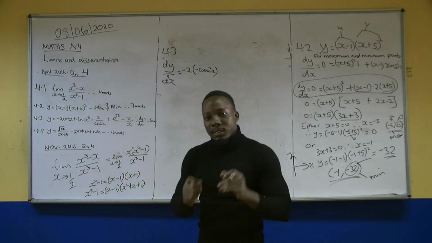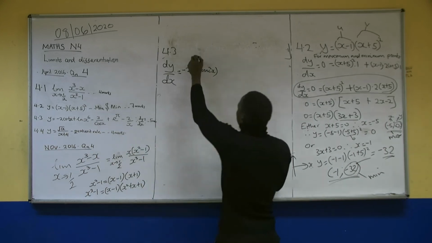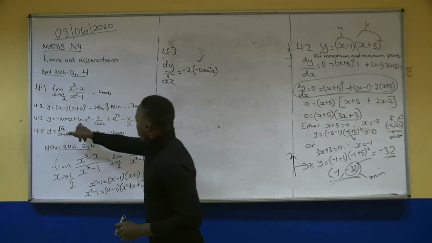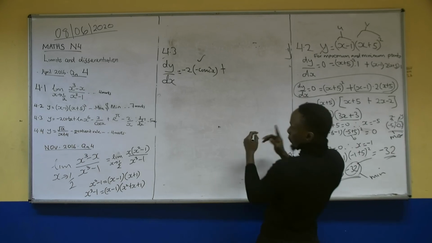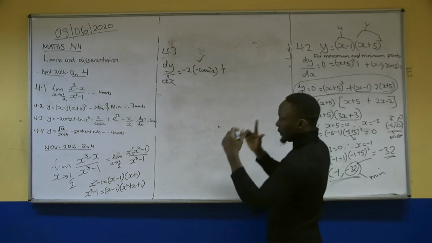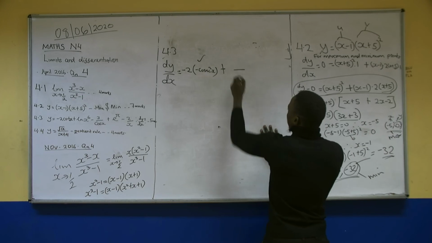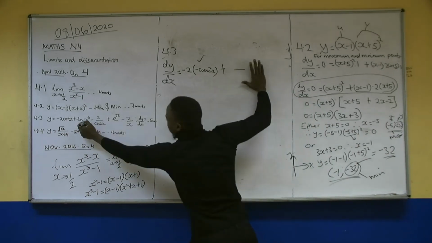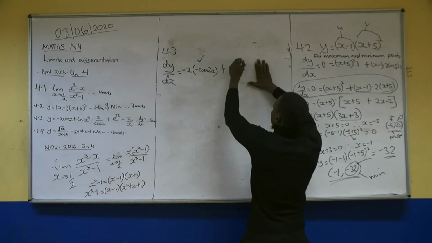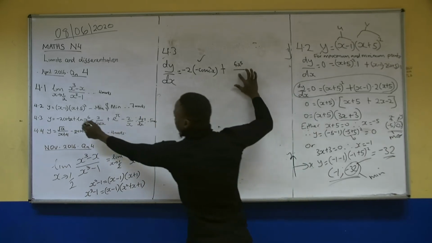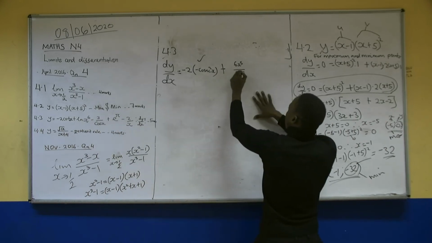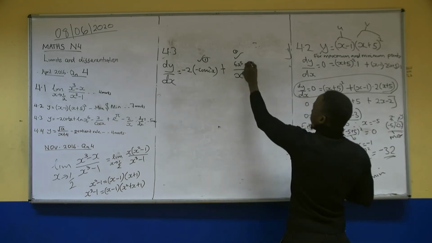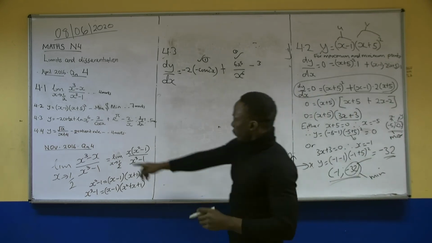You have to go back and grasp all those formulas. The good thing is they are given, but never rely on them. It's better to know them. You get 1 mark. You see how marks are distributed? 1, 2, 3, 4, 5. If you differentiate ln x to power 6, what happens? I told you we expect a denominator and a numerator, so it's a fraction. In the numerator we get the derivative of x to power 6, which is 6x to power 5, divided by the denominator, x to power 6 itself. So you also get 1 mark.